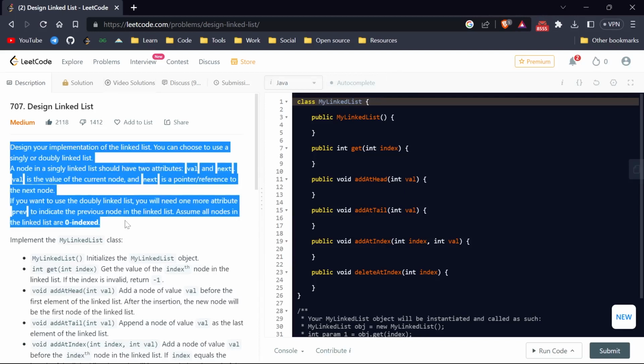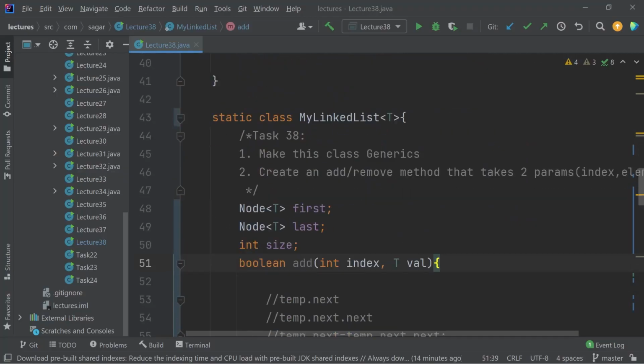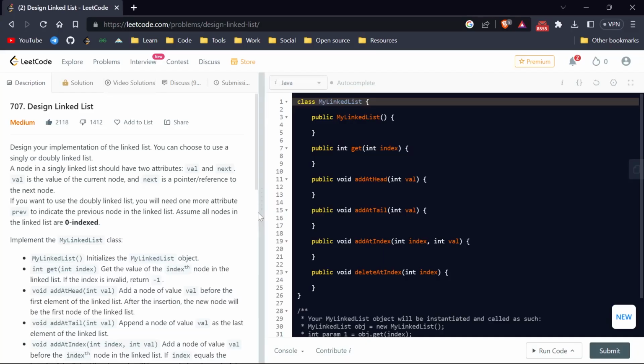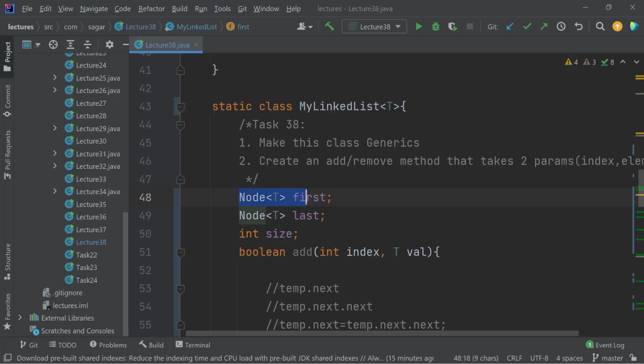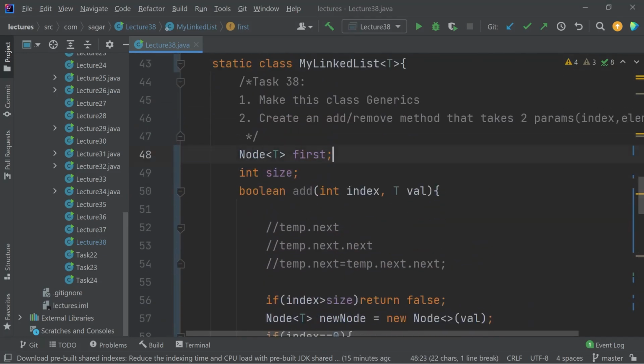So here is our problem statement. Just read this first. You have to design your implementation of a linked list, which we already did here. This is our linked list class, which is also generic, and in it we have pointers to two nodes, first and last. It is totally your choice whether you want a pointer to your last node or not. In our linked list class, we never need this, so we can also remove this,